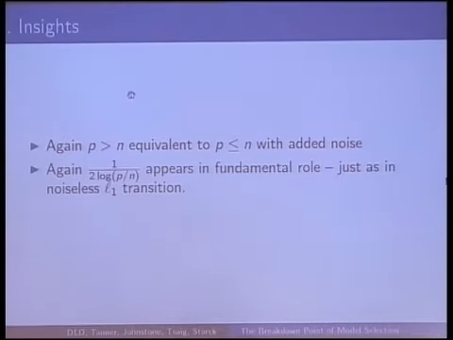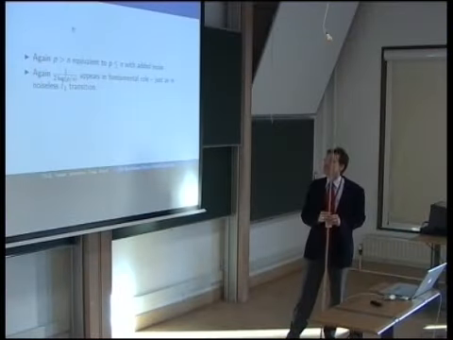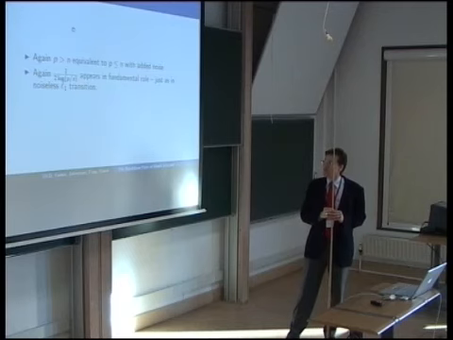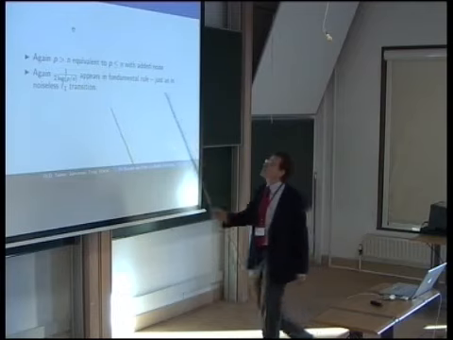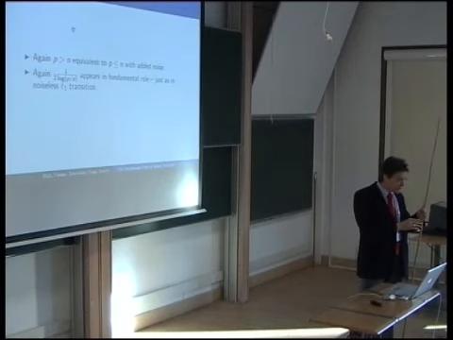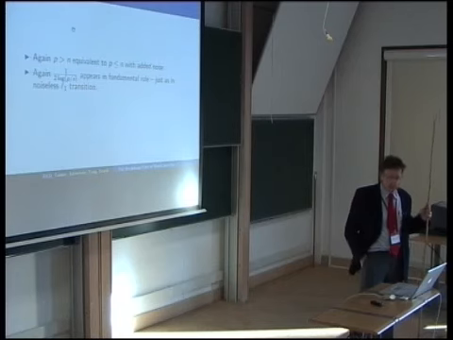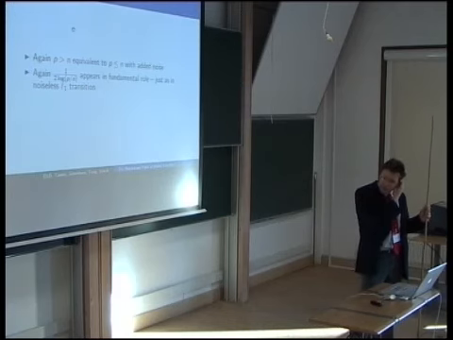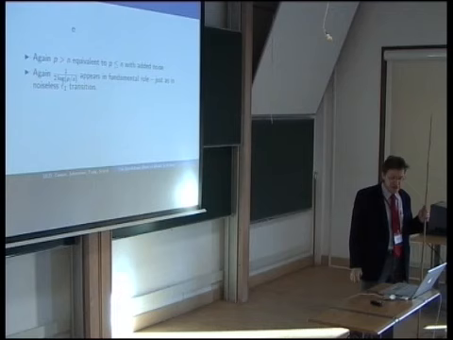Okay, so the insight that you get from this kind of analysis is that, again, having more unknowns than you know what to do with is equivalent to a determined problem with added noise, but only up to the point where you have a breakdown, and that has to happen at this point. Now, what's actually been done here is a conditional result, because we're assuming replica symmetry, and your attitude towards that depends on your field. So it's been considered a standard thing to do in statistical physics for a long time.